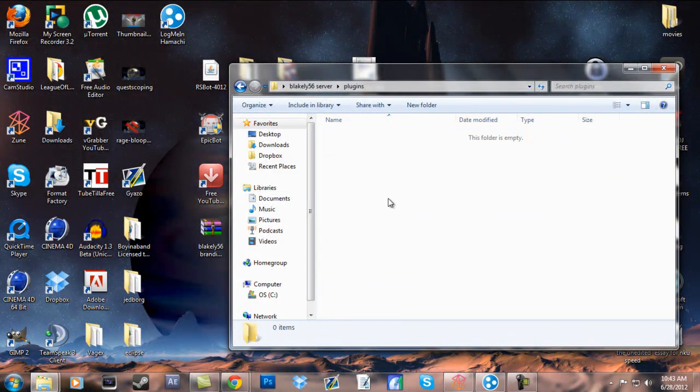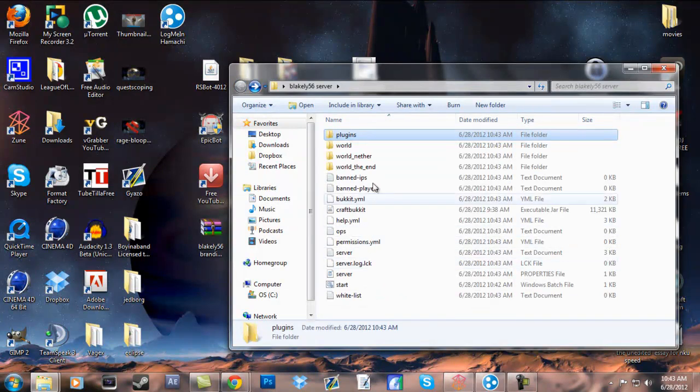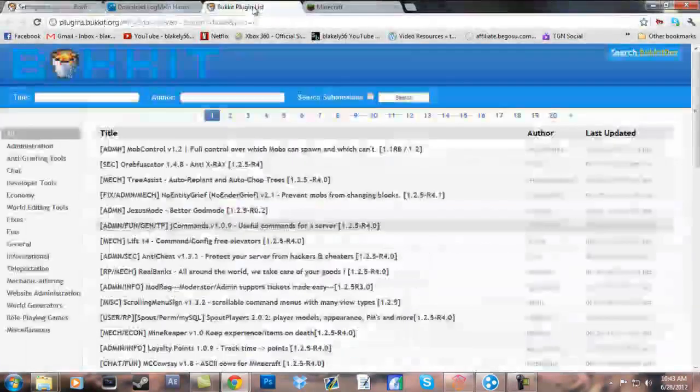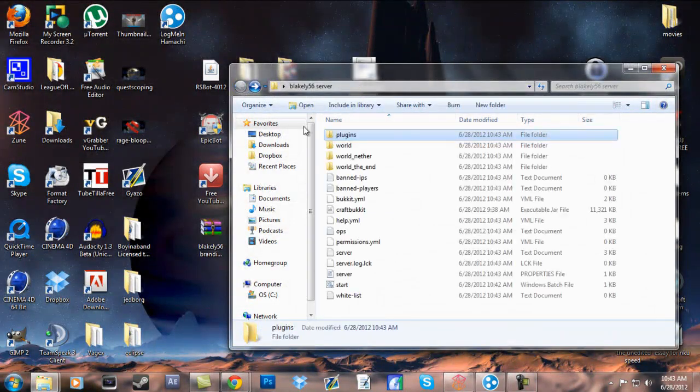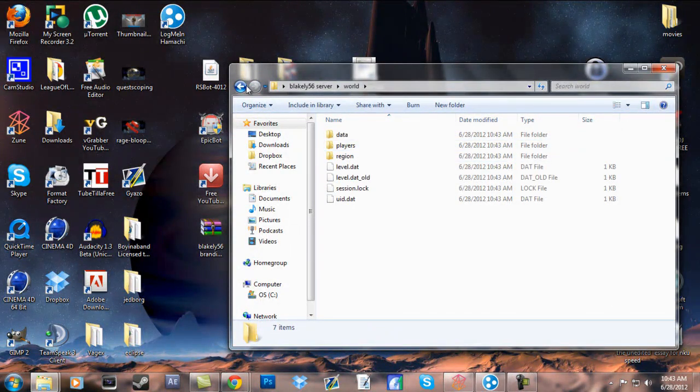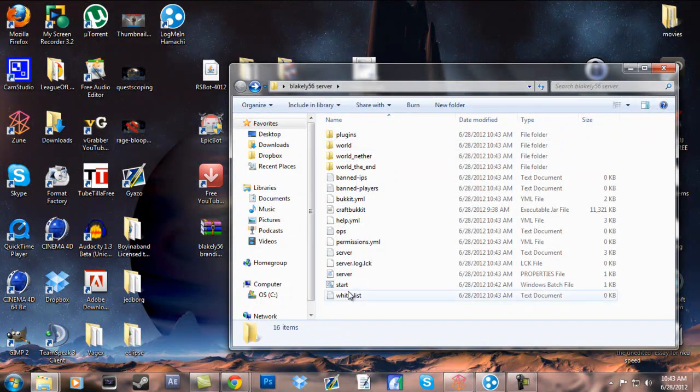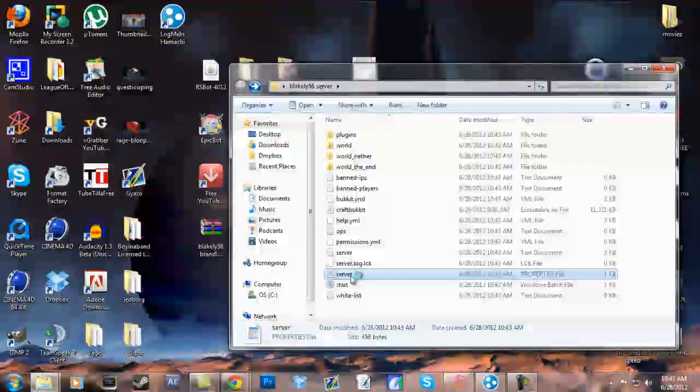And if you download plugins for Bukkit, which is what CraftBukkit is, you're just going to go to the website, download them, and you can just copy and paste the files in there, or cut and paste, I guess you could do that. Here's your world, your other worlds. You can actually just insert a world right here, and then you can go into your server's